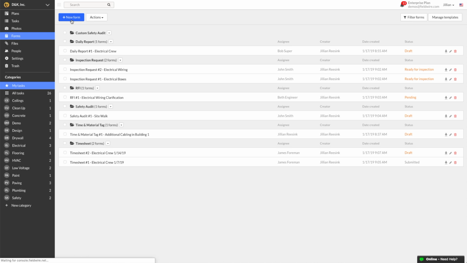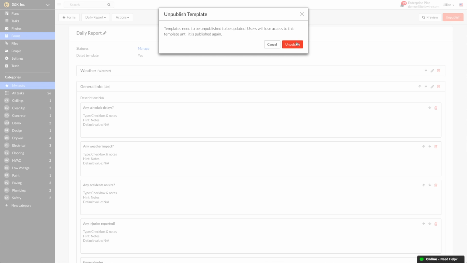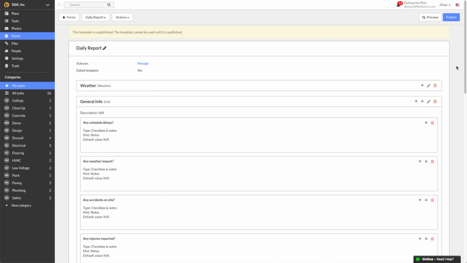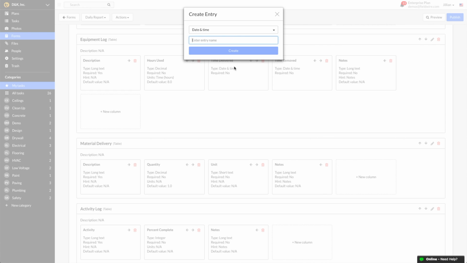You can also modify any of the existing form templates on FieldWire or custom templates that you have created. Let's say you would like to add another column or line item to the default daily report to better fit your company's needs. Click on Manage Templates and select the template you want to edit. Then you will need to hit Unpublish to edit the form. Just a heads up, when you unpublish a report, your project team will not have access to it until you publish it again.